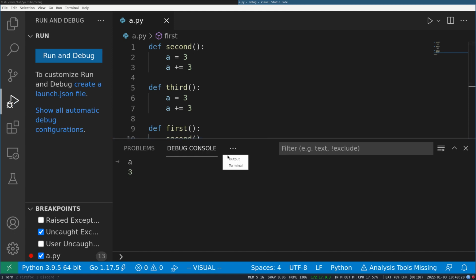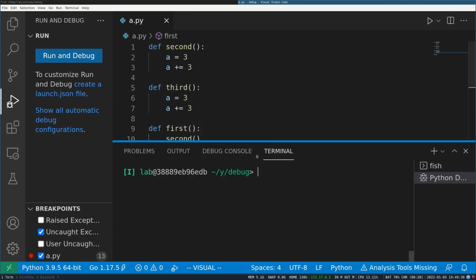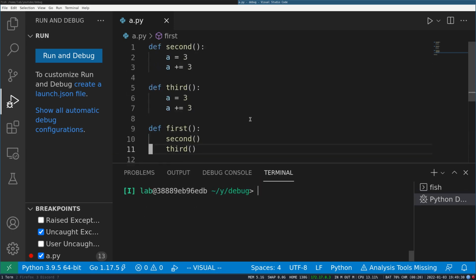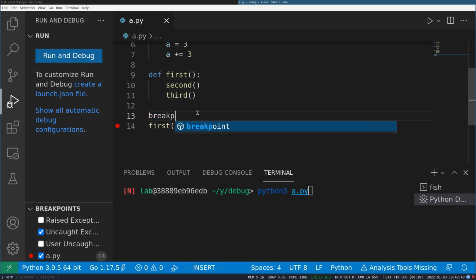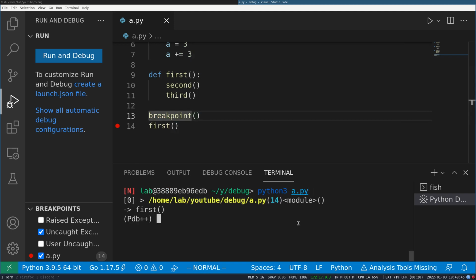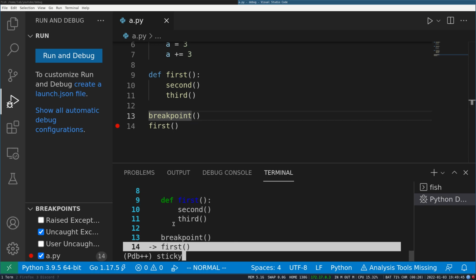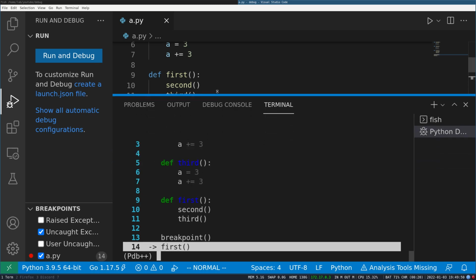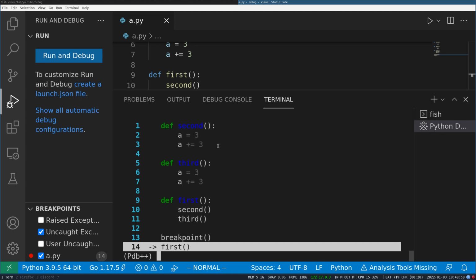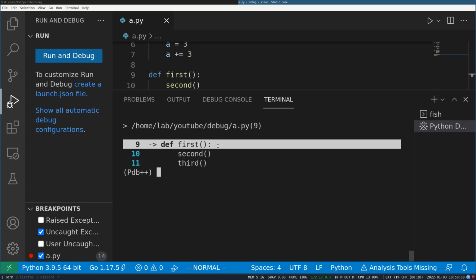So step in and step out are used for moving up and down in the stack trace. And let me show you the same thing using PDB++, or basically, even PDB will work fine. They are mostly the same. For that I will have to add a breakpoint. I add a breakpoint here. I see my code. I turn on the sticky mode so I can see the code every time. And now I step into. For step into, I think we use S here. I don't actually remember. Yep, S. So now we are in this function.